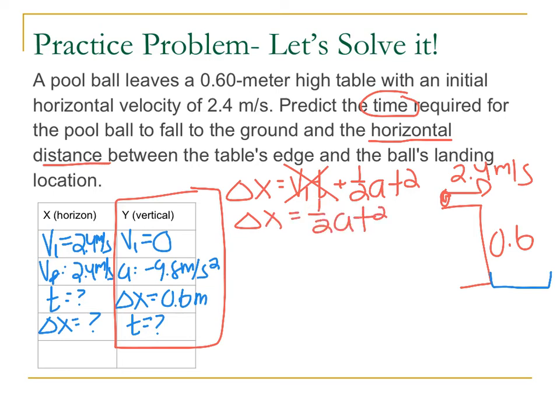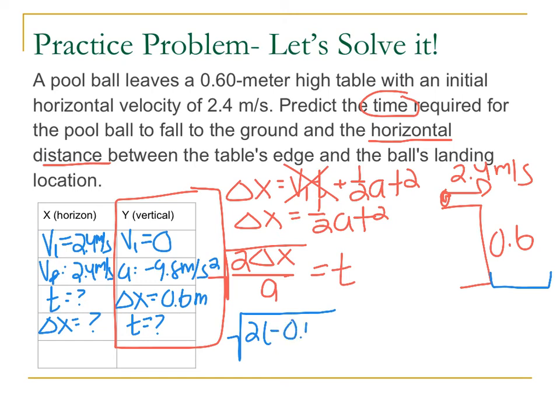From here I need to rearrange my equation. So t equals the square root of 2 delta y over A. I did skip some steps in there just to save a little bit of time, but I rearranged the equation. From here I can just plug in my knowns and unknowns. So I have 2 times negative 0.6. Why is it negative? It's going down, over negative 9.8. So for my answer, I'm going to get